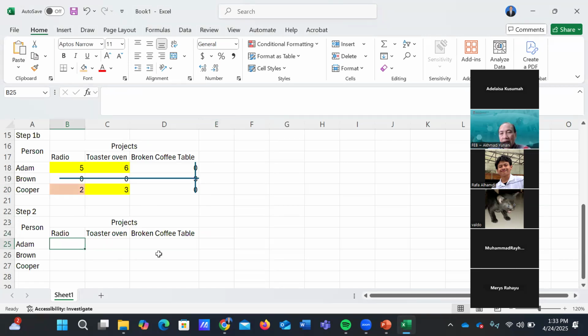So all numbers that are not covered by the line have to be subtracted by the smallest number.